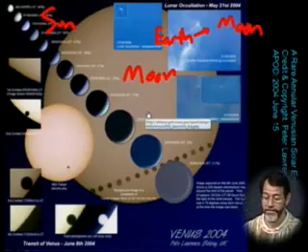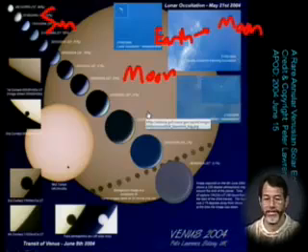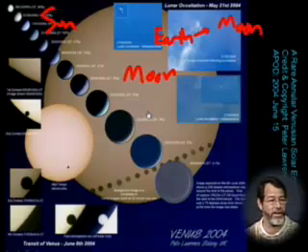The moon is not the only thing that can eclipse the sun. Mercury actually eclipses the sun more frequently, but Mercury is just about the size of the moon, a little bigger, but it's so far away from the Earth that it doesn't take away much sunlight when it passes in front. So it's not that spectacular. It doesn't take out much sunlight.